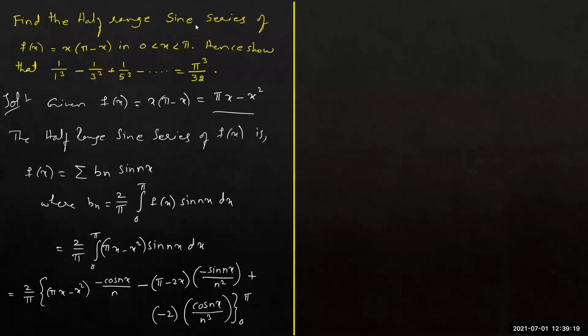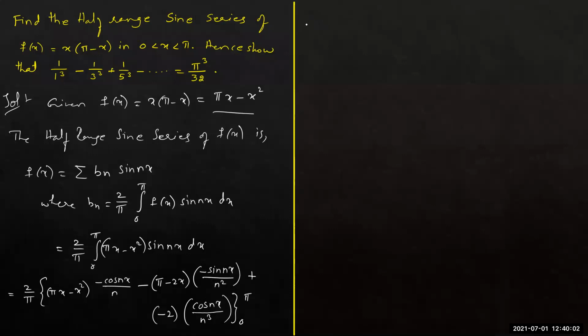Before getting into substitution, one point you can recall: in these terms, after integration, when you get a term which involves the sine function, if you substitute the upper limit x equals pi, it becomes sine n pi. When it is sine n pi, its value is 0. And if you take the lower limit x equals 0, it becomes simply sine 0. So for both the upper and lower limit, because of this sine function, the second term will be 0 completely. When it is anyway 0, you can simply ignore this second term while substituting.